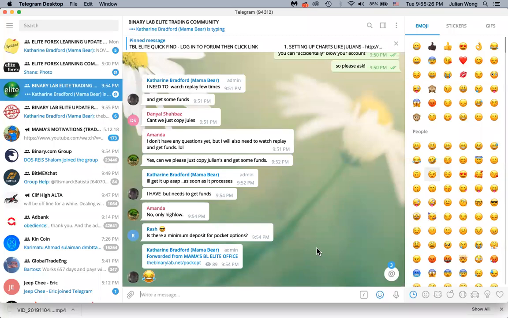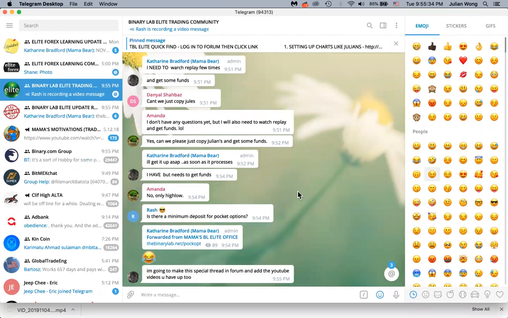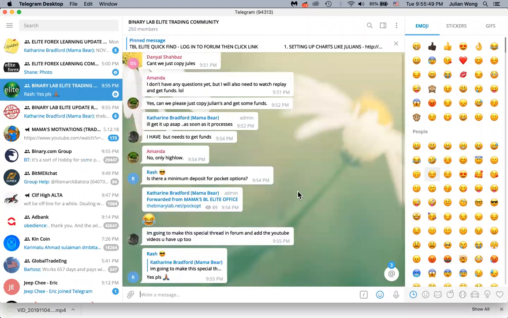When you have your Pocket Option account, I would like you to tag me and then do your settings. If you feel that you're not confident, just tag me in a message, screenshot your settings. I'll check it for you, and make sure you let me know your account size if it's not visible in the picture as well.